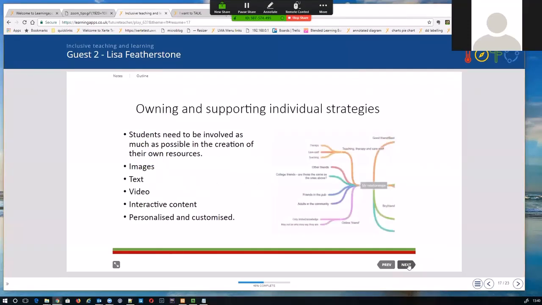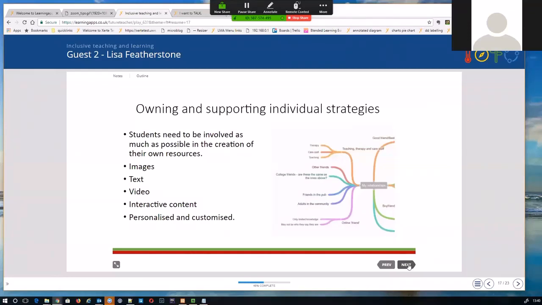Next slide, please, Ron. So moving on from that, customizing and creating their own resources is something I do recommend. And if the student isn't able to make their own resource, involve them. On that slide again, there's another image of a mind map, which was actually done as part of some group work we did about relationships within the college I was working at. As I said, we had to use Coggle because there was nothing else. And then finally, looking at different sorts of,